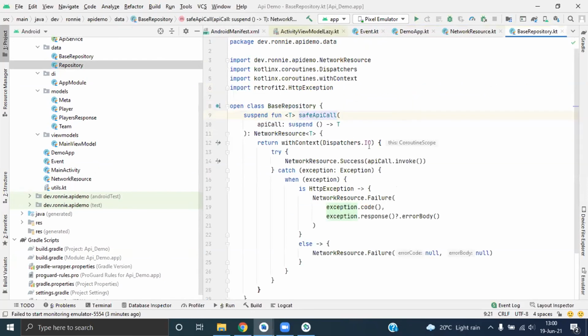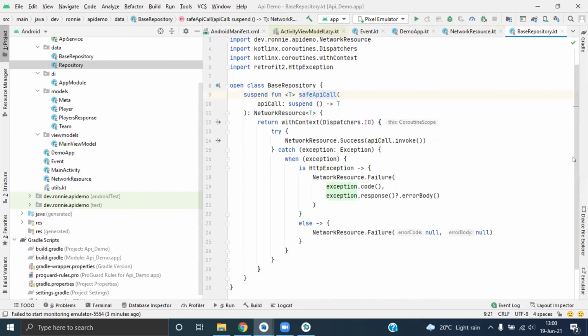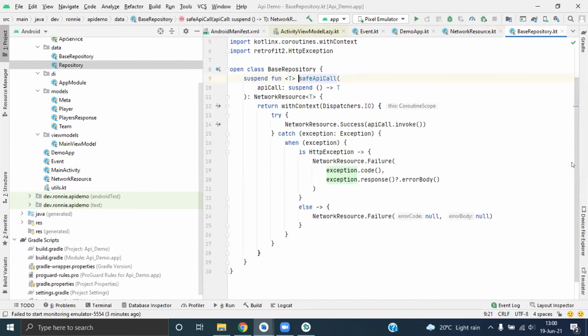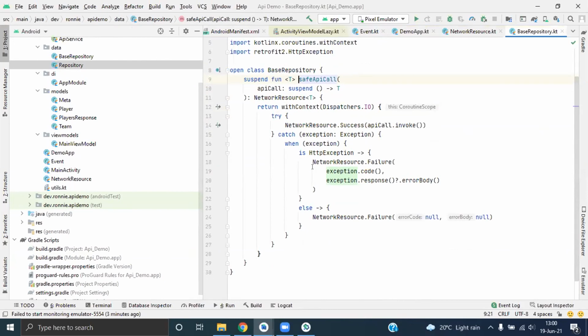I think on this base repository, when I said using it, it looked like something which was hard, but it's kind of easy. First of all, it runs on the IO, which is not a must, because if you use Retrofit, it will always run on the background, and it tries to get the data.